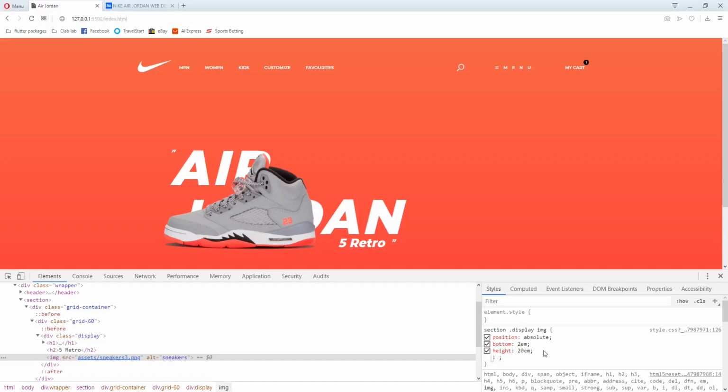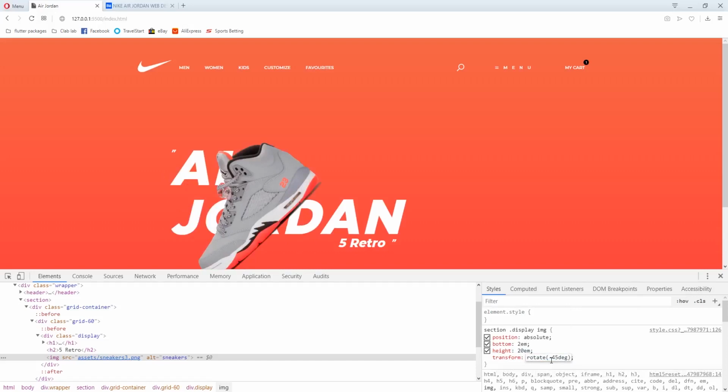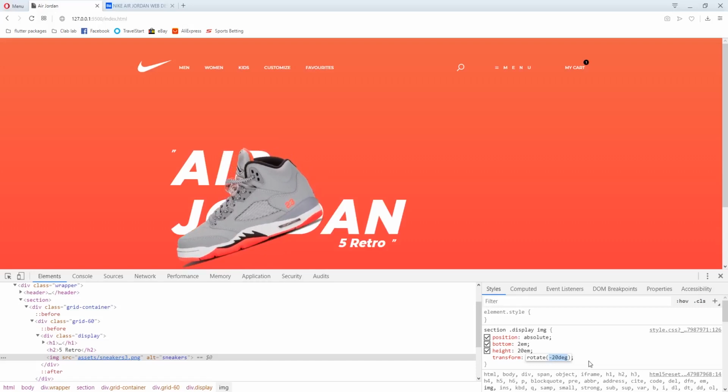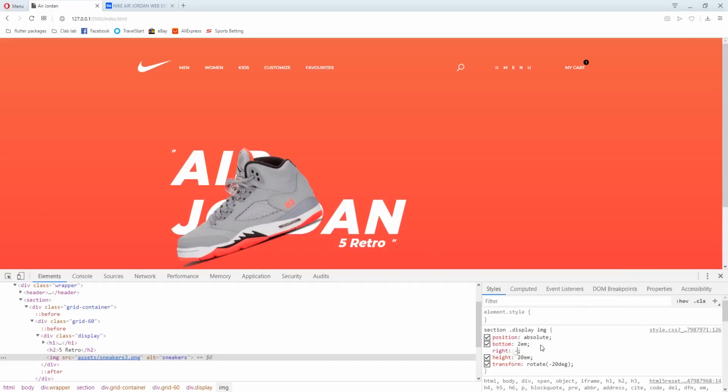We need to rotate this thing. So I'll say transform. Transform should be rotate not 45. Actually minus 45. Too small. Might increase it. Might decrease the number. Minus 45 to 20. Then we'll push them, come this side small. That is push and go the right small. So the push them now, I'll just come and say right minus 1em.